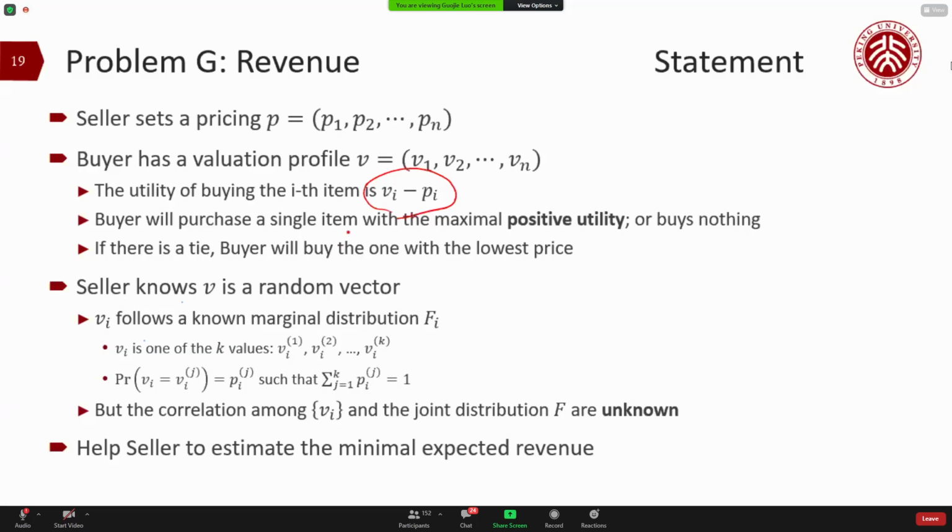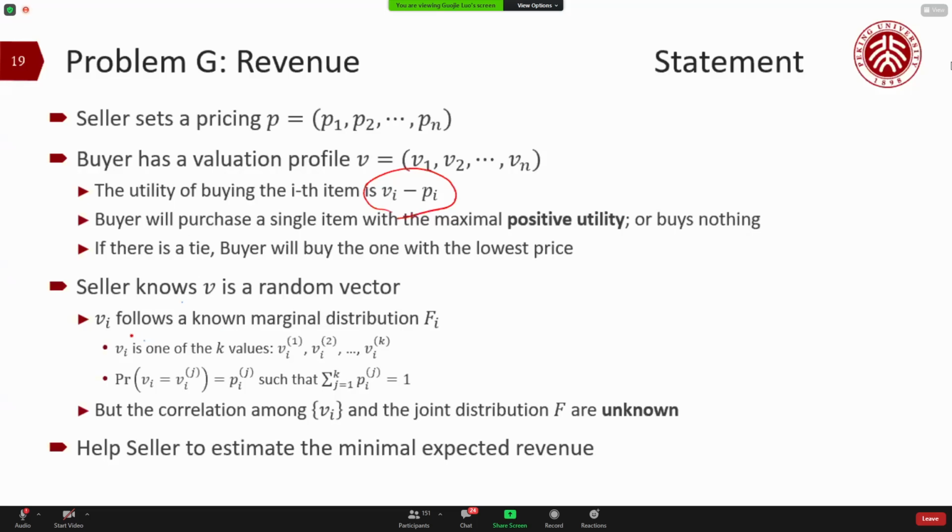So you can imagine that previously we only described one buyer. So let's assume there are many buyers. They evaluate the items in different ways, so we can think about it as a random vector. So the seller knows V is a random vector, and he also